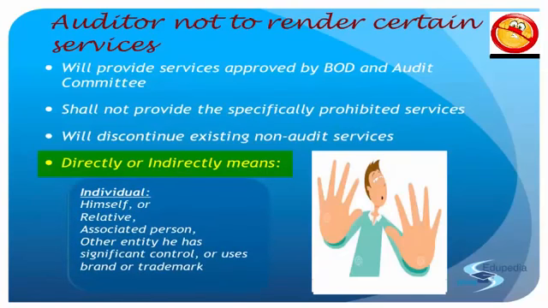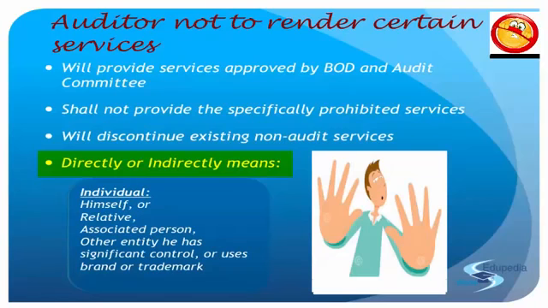So in the case of an individual, right? So in the case of auditor being an individual, either himself or through his relative or any other person who is connected or associated with such individual or through any other entity whatsoever in which such individual has significant influence or control, or whose name or trademark or brand is used by such individual. So I have jotted down the points over here. Either he himself cannot do it, cannot ask his relative to do it, any associated person cannot do it, person who is associated or connected to this individual, right?